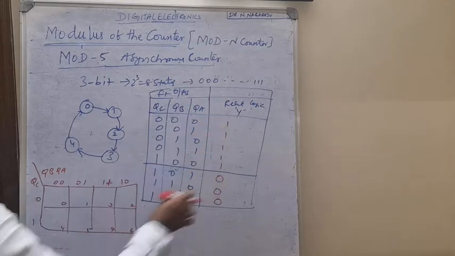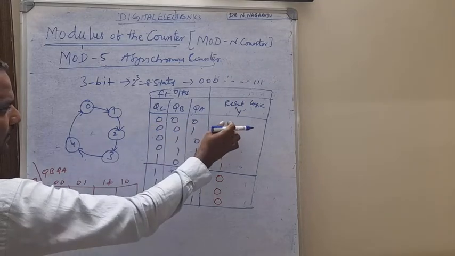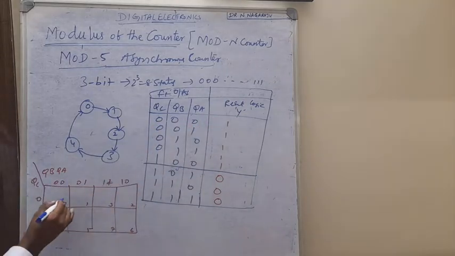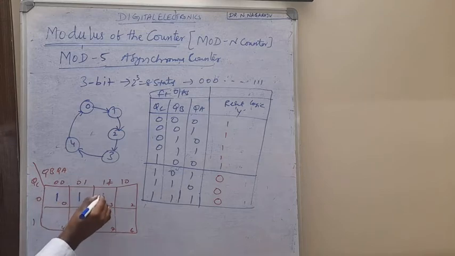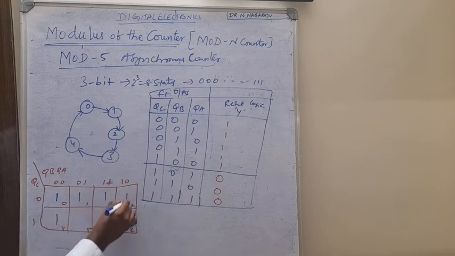Right? You just see the truth table now. See here 0 0 0. That is 0, and 0 contains what? 1. Okay, now you just put 1 here. Here 1 1, then up to 4 you just put 1. Okay, so this one. The remaining are what? 0 only, right?